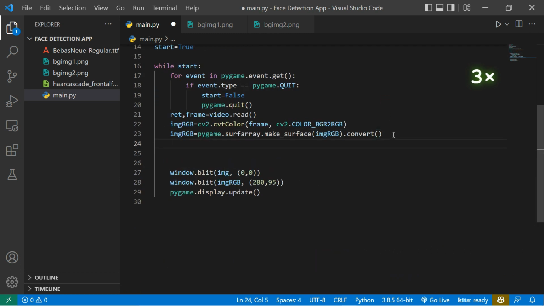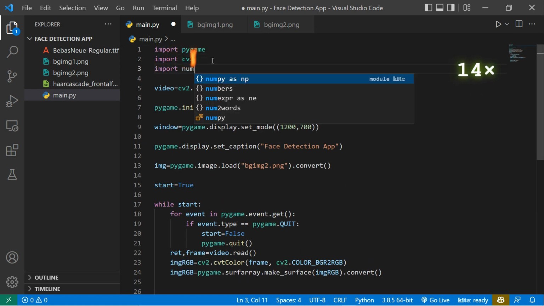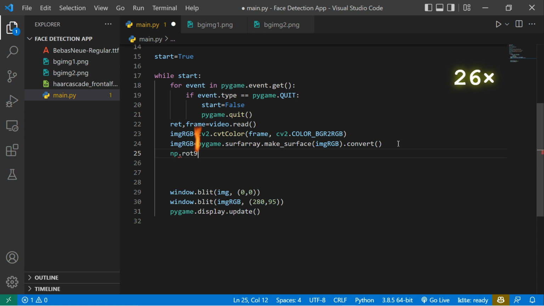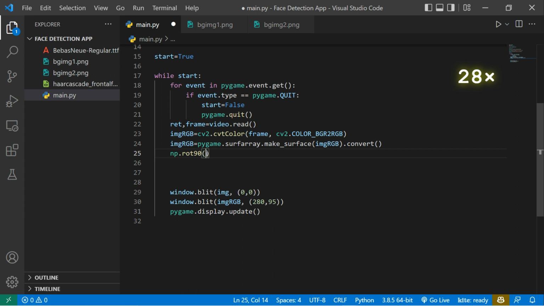For that we can use numpy, because in numpy there should be one function called np.rot90. You can use numpy because our image is nothing but also one numpy array, that's our video, right? So you can rotate it as a numpy array, and our video should also be rotated by 90 degrees. So for that we can use np.rot90, pass this image RGB and assign it to the variable called image RGB. So now if I save it and run the code,